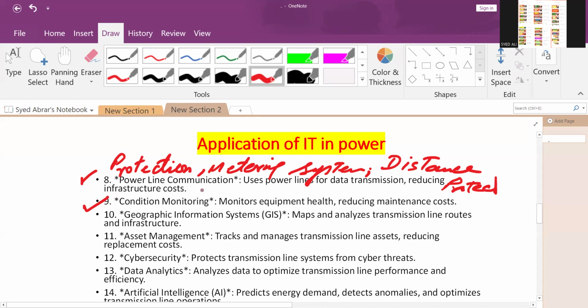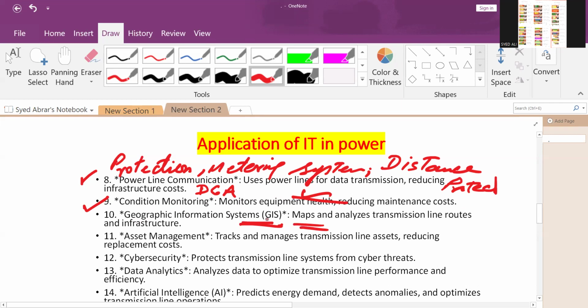You can have the DGA sensors or the collector installed on the transformer, and then that can be analyzed by the software, and you can find out the health of the equipment, right? Now, geographical information, GIS, very important, because every utility now